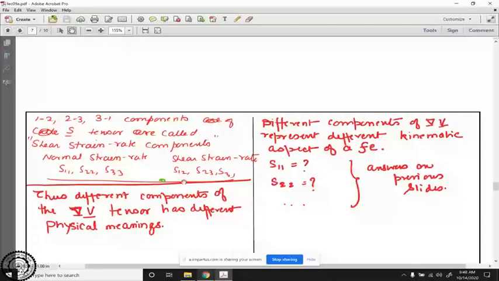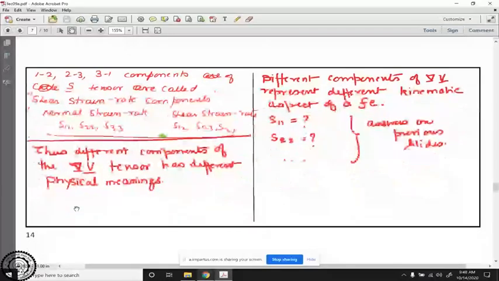And S12, S23, and S31, they are referred to as the shear strain rate components. So shear has different indices, normal has same indices. So my overall conclusion is that different components of del V tensor have different physical meanings. And then we have split,